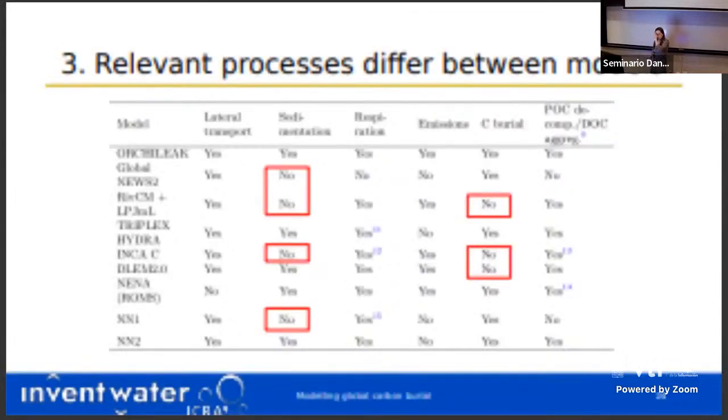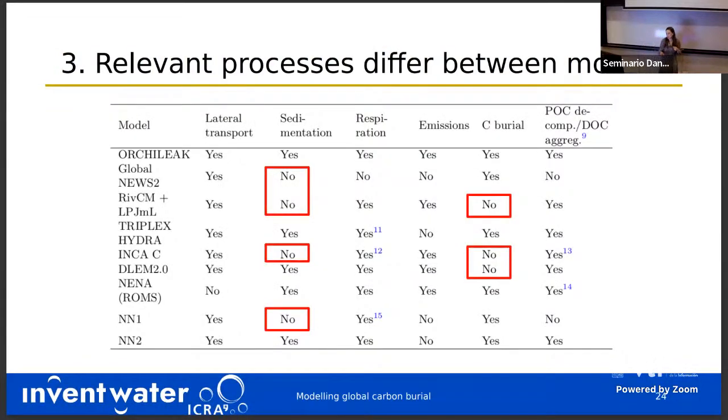Here we can see that in 3 of the models, carbon burial is not considered. We added them here in the list and in the study because we think that they are potentially useful for studying it, but they have not been included yet. And also there are 4 of the 9 that don't consider sedimentation, neither as a process nor as an important parameter that can derive carbon movement.